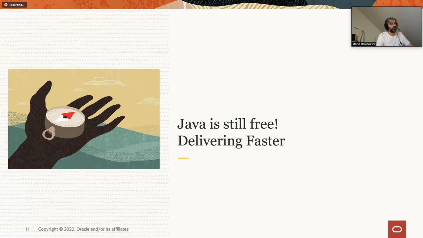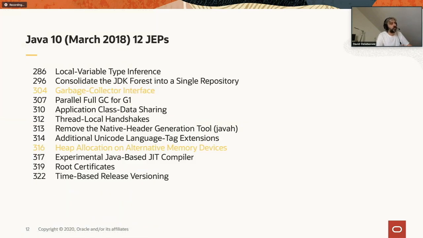When I say we, it's really the OpenJDK community. Obviously, Oracle is a big player in that community, but it's not just Oracle. So Java 10 was delivered in March 2018. Those are all the features. I'm not going to spend any time on those releases because we already have enough to cover with 14 and 15. The only thing is that you might see two JEPs in yellow-orange color. Those have been delivered by someone other than Oracle. The ones in black come from Oracle, and the others come from other OpenJDK members. I believe those two come from Red Hat.